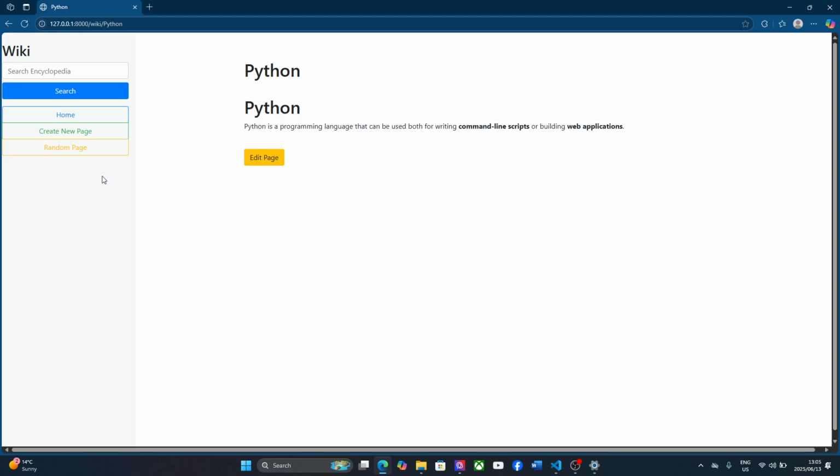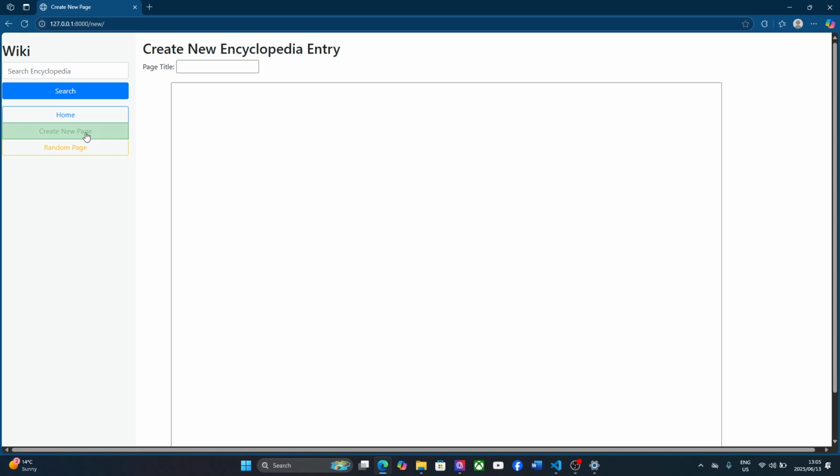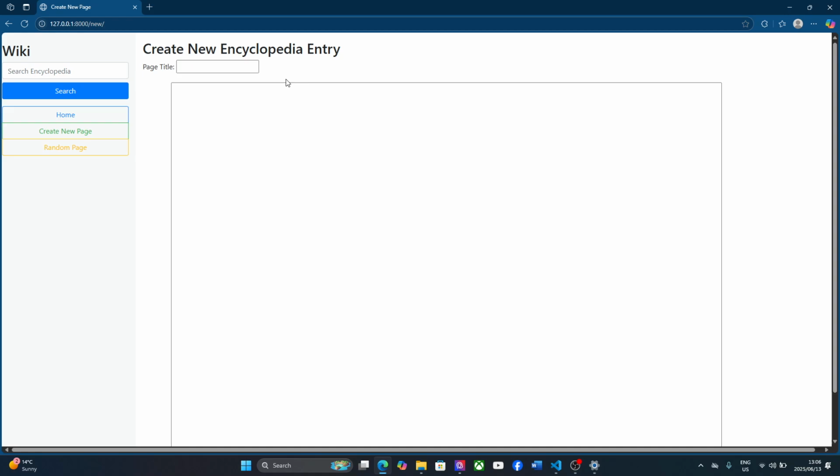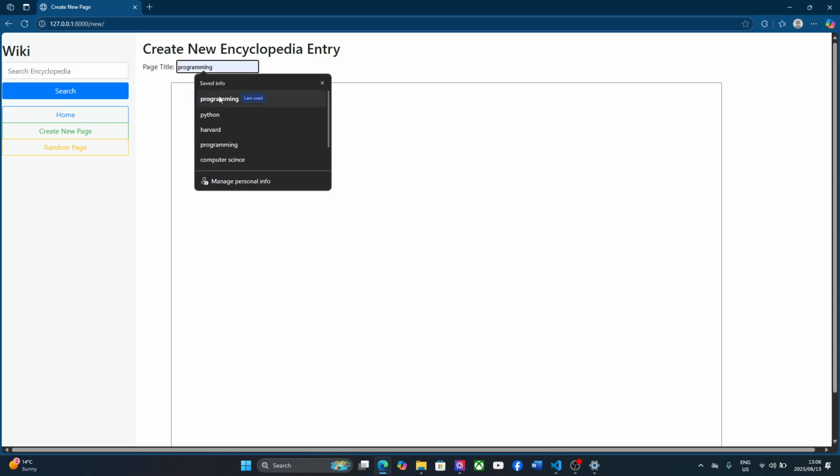Right, coming back to our list here, we have the create new page button, and after clicking the create new page button, it takes me to a form, which has a title, the content section, and the save page button. So let's start off by typing in the title, like university,